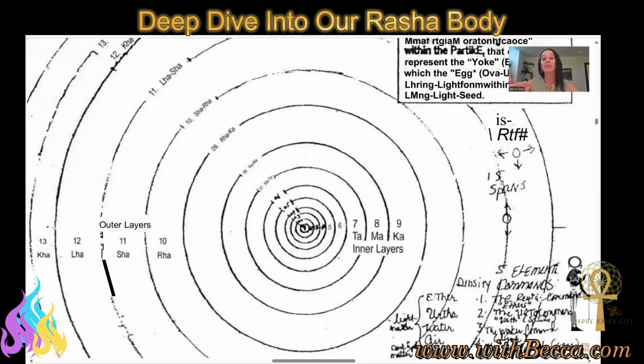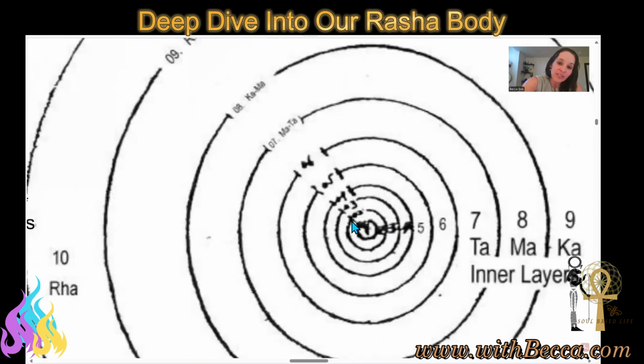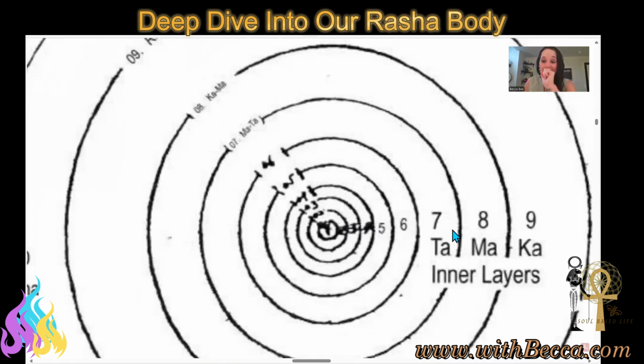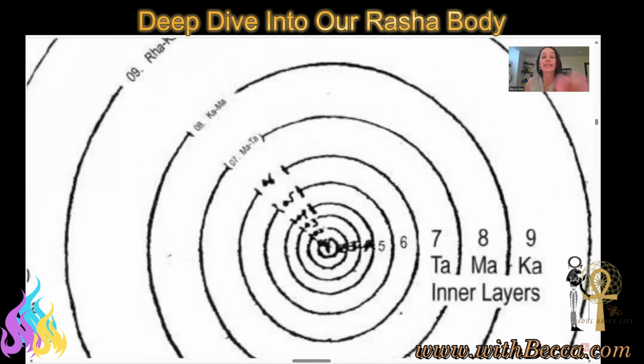We have to get to them to activate them and to work within them. So even as we start to work at this, obviously we're not going to see what all these sound tones are that go all the way down, but we can see within the inner layers, you got Ta, Ma, and Ka. So as we see these sound tones, these are like the seed bijas. When you look at the womb chakra yantra, on the petals is all of the bijas or the seed sounds that create everything.